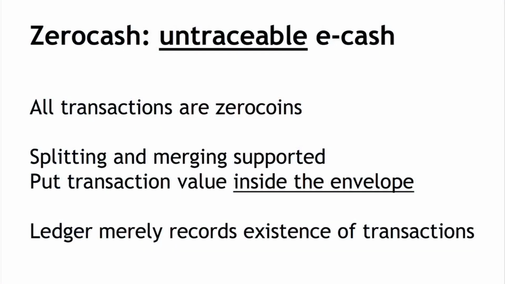Those won't be visible on the blockchain anymore. The only thing that the ledger records publicly is the existence of these transactions. You know that Alice put in some transaction. You know much later that Bob redeemed some transaction, who might be the same user, might be a different user. But the only people who need to know what the amount is are the sender and receiver of any particular transaction. The miners don't need to know that. If there's a transaction fee, then the miners need to know that fee, but that doesn't really compromise your anonymity